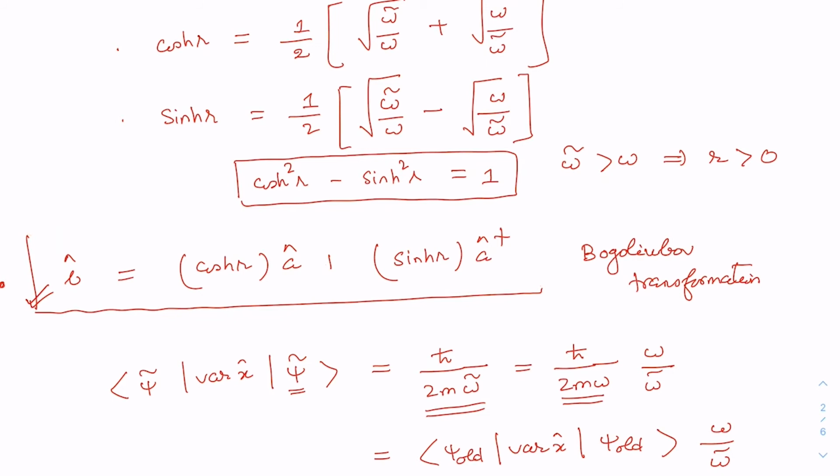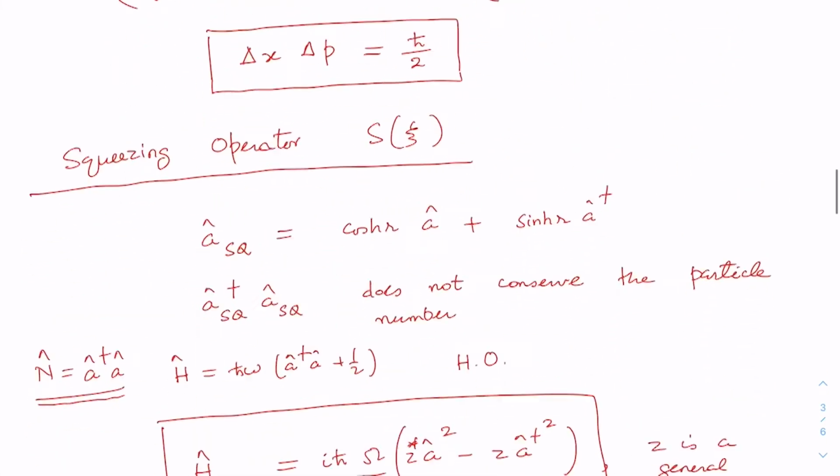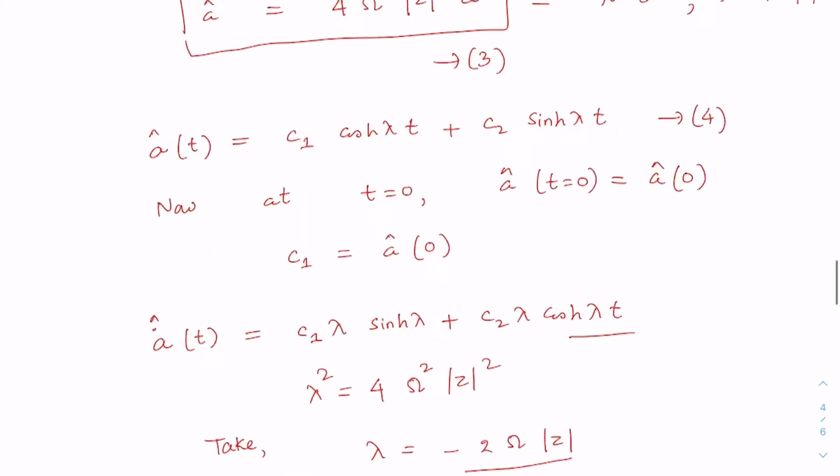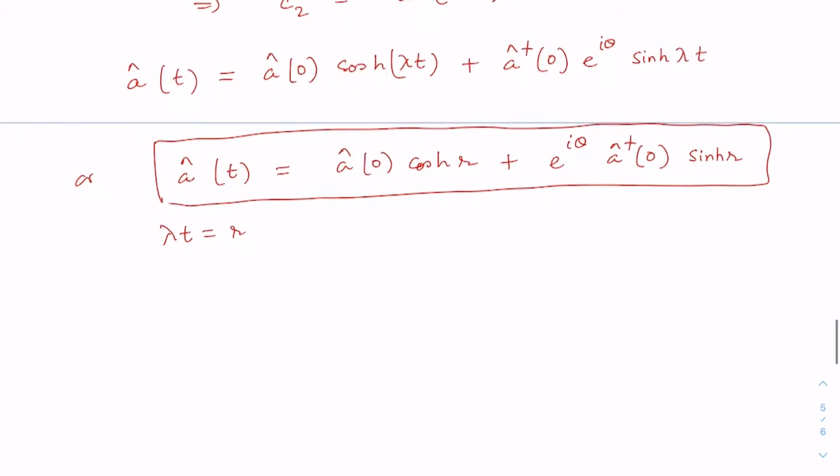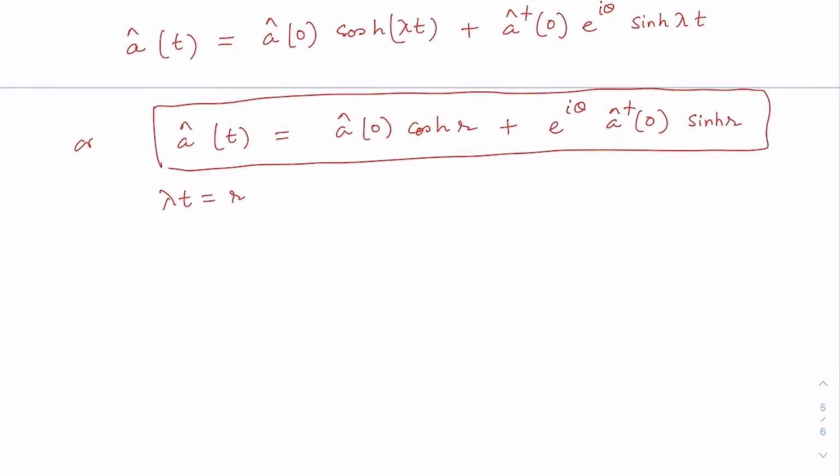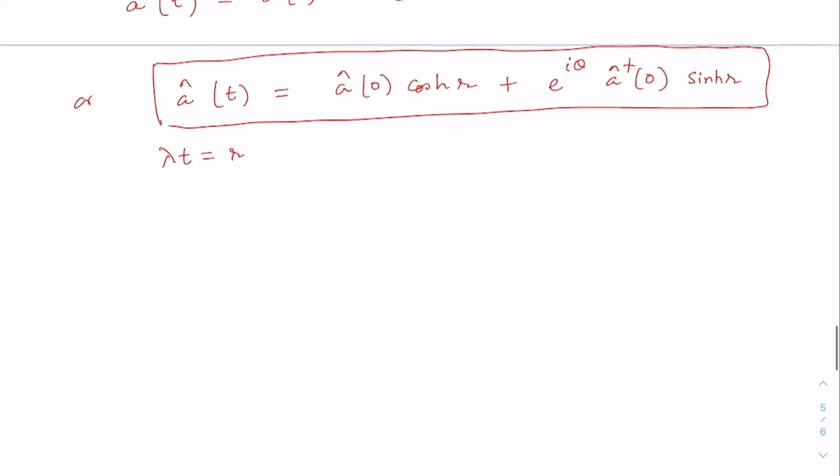Okay, let me write it again. This is not what we got from our earlier treatment, because our squeezing was only along the x direction, but here I am now talking about a general squeezing, which can be done in general. Anyway, I will come to that. So you see, that means that the Hamiltonian that we have considered for squeezing is perfect. So our guess is correct.